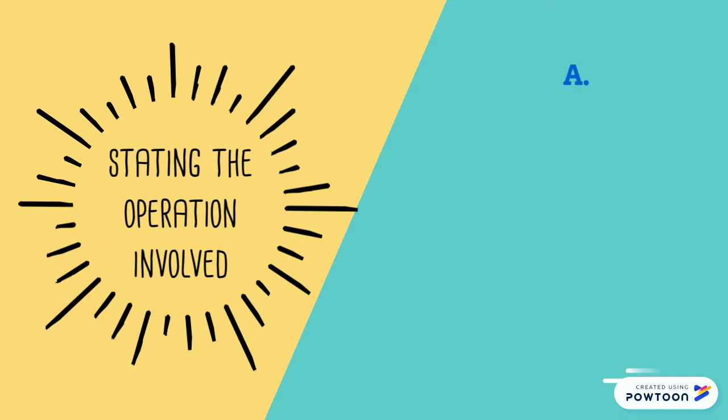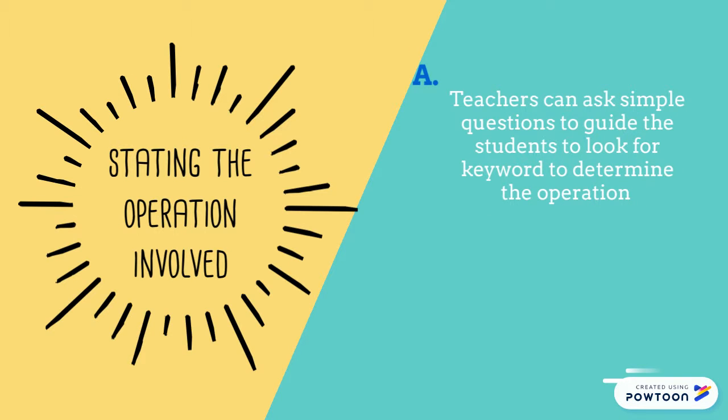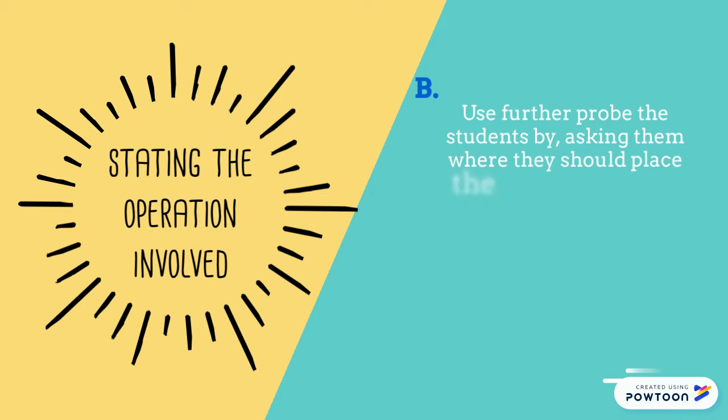Ask simple questions to guide the students to look for the keyword. To determine the operation, referring to the word problem above, what does total represent? Total represents the operation of addition. In this word problem, we know that the total amount they spent that day was 200 ringgit, so the equation would look like this. We can further probe the students by asking them where we should place the 10 ringgit